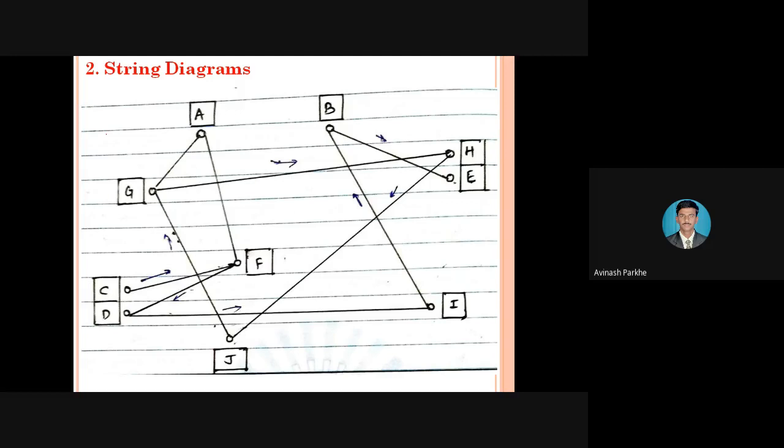how much distance the material has to travel from one station to another, or how much distance the operator has to travel from one machine to the second, second to third, third to fourth. In such a condition, if I have to calculate the distance traveled by the material from one location to another, or by the operator from one machine to another, in complex conditions it can be recorded by using this string diagram.